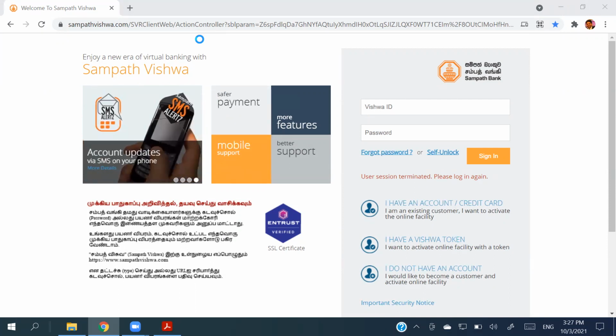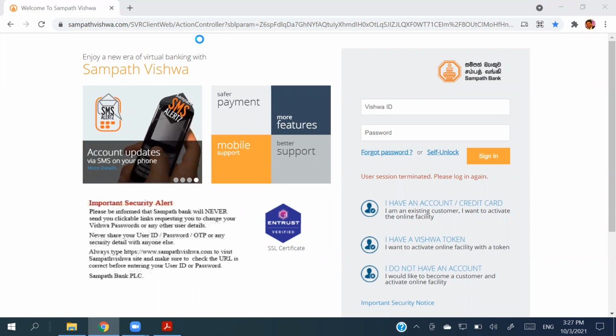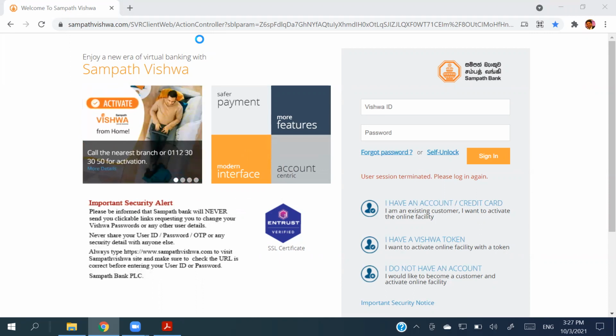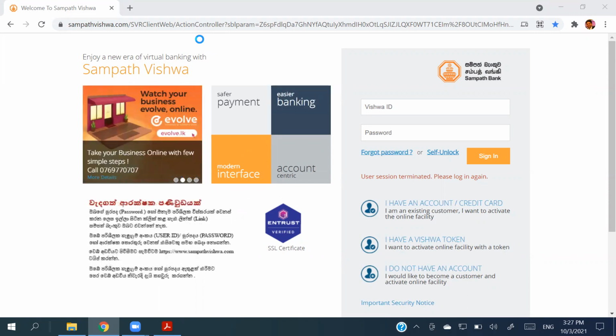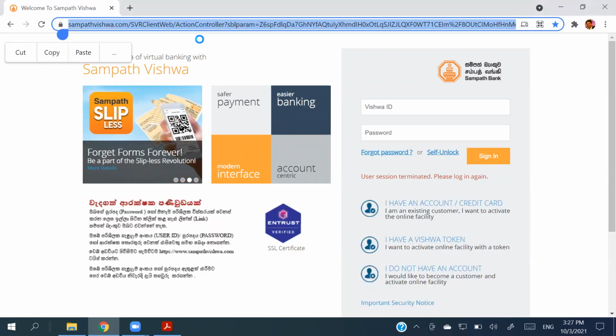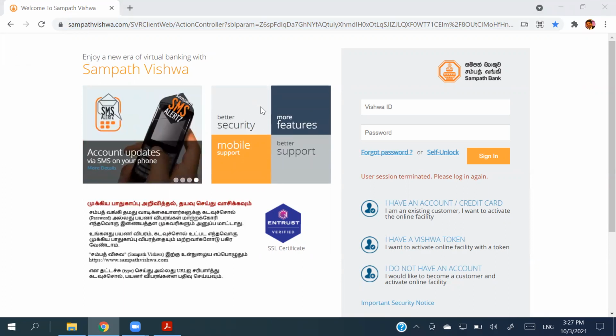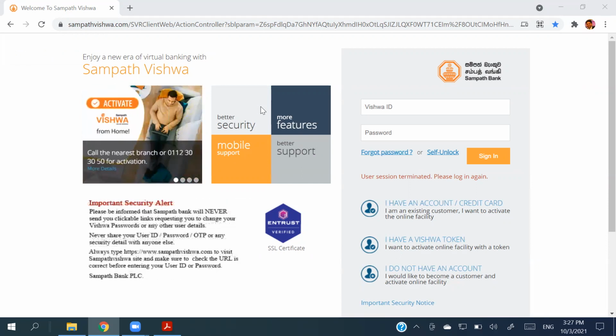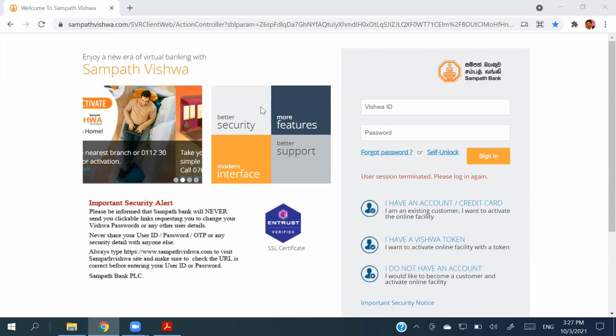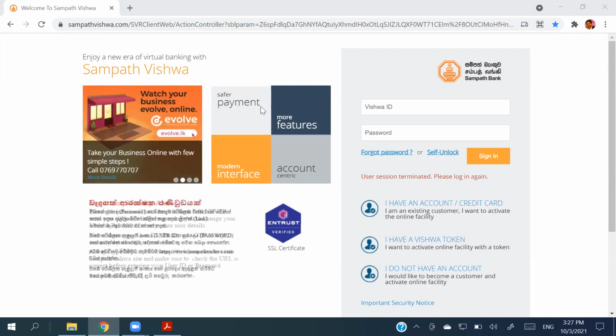So you should be very conscious and cautious when you are dealing with an e-commerce website. The best way is the official applications they are proposing, so the best way is going with that. Or else you can visit the Sampath Bank official website, and they are giving the link to come to this particular page. For myself, I have bookmarked this in my browser. So when I use that bookmark, I always come to this particular original one, right? I just give my username and password and log into my system. So you have to be very careful.